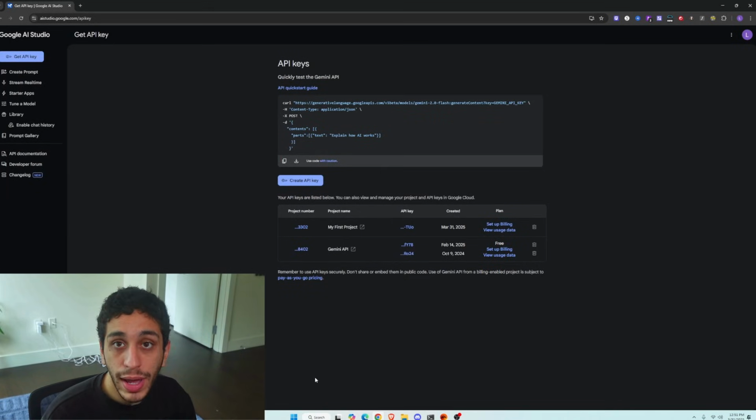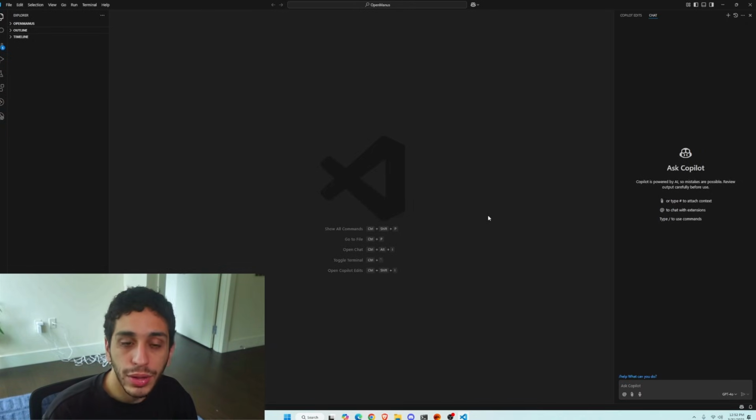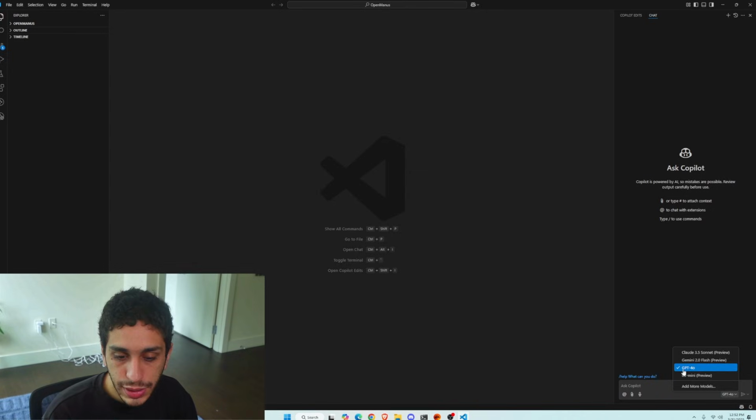Next, you want to go ahead and open up VS Code, the native VS Code, not the Insider program like we previously talked about. Now, just a quick reminder, the Copilot natively only has GPT-4o and Gemini 2.0 Flash, and it doesn't have 2.5. In this video, we're going to add 2.5, and that's why we need an extension in order to be able